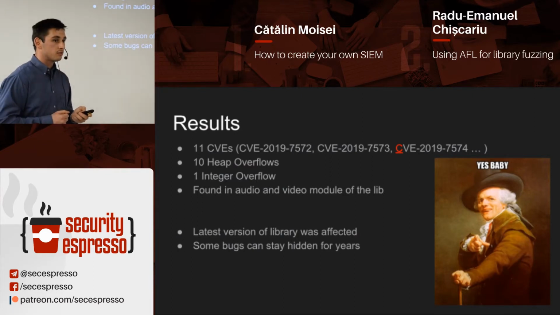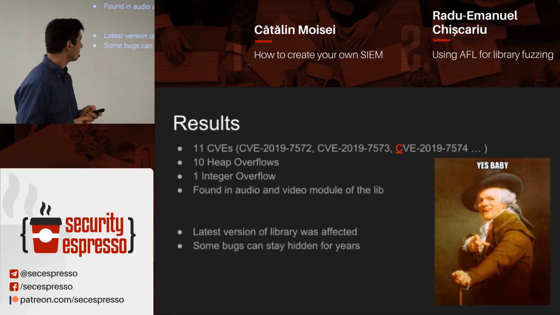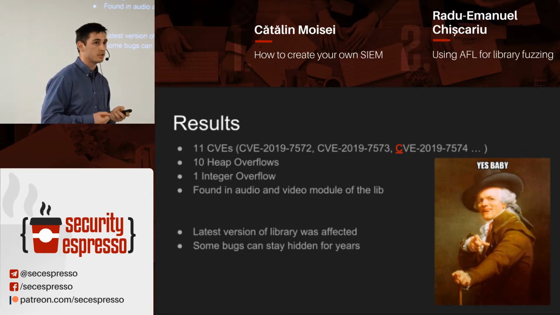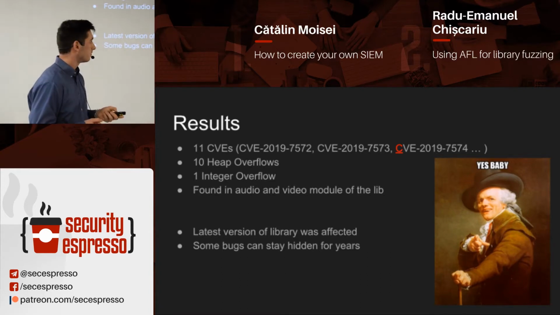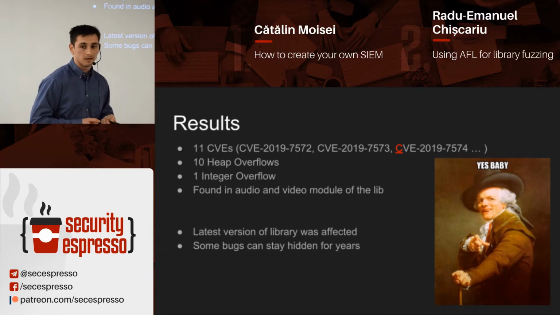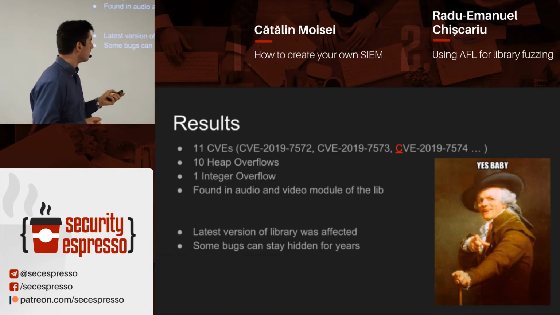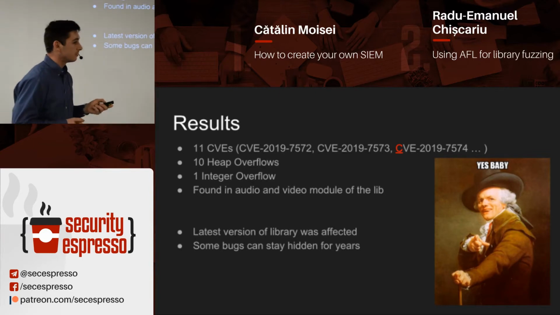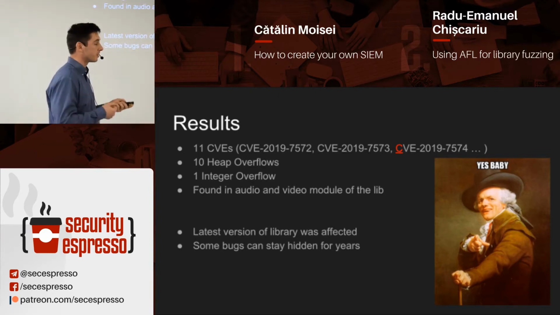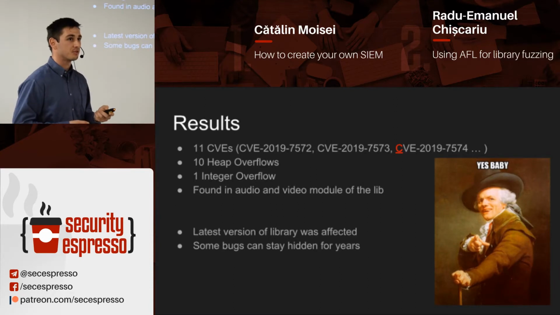11 CVEs, of which I'm very proud, are my first CVEs of this year. If you're wondering why the C is highlighted in red, it's because when I posted the blog post, someone was very kind and pointed out that I had a spelling mistake, and so I've corrected it. So someone exploited someone that was trying to exploit another person. Okay, so